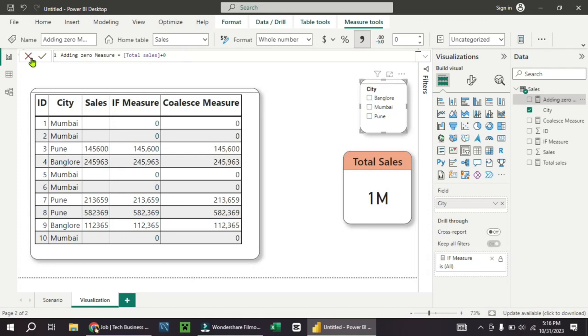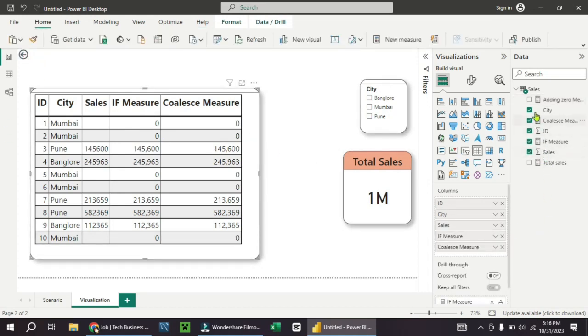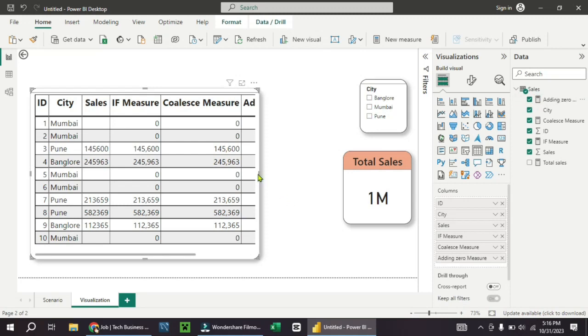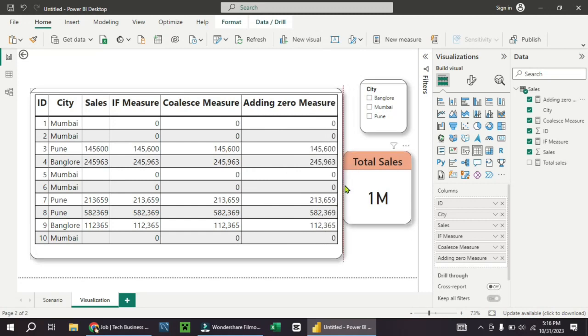After doing this, we will add this to our table. This is the third measure, in which we have just added the 0 to our total sales measure. Now you can see we are getting a 0 instead of the blank value.